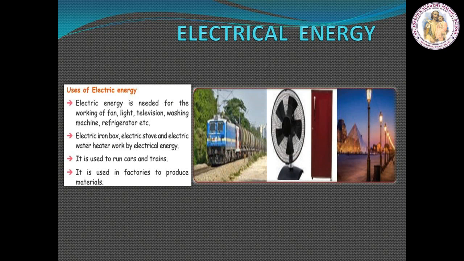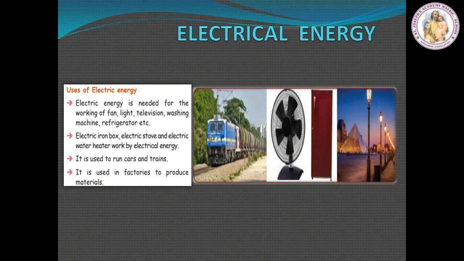Next one is electrical energy. We know that all things are made up of atoms. Atoms possess particles like protons, electrons and neutrons. Movement of electrons in the objects causes an energy. This energy is called electric energy. In our daily life, we use batteries to get electric energy. Electric energy is also generated from nuclear power plants, hydroelectric plants, and windmills. It is also generated from solar energy.